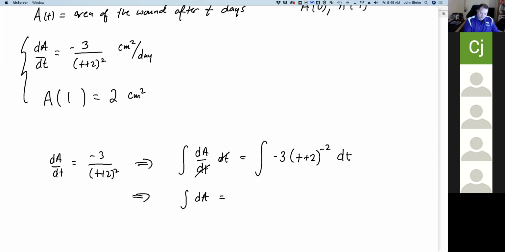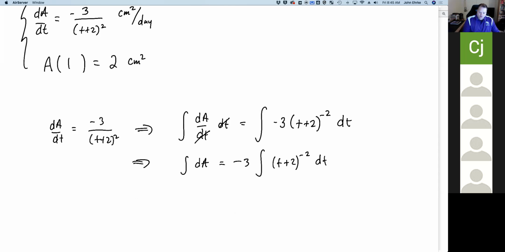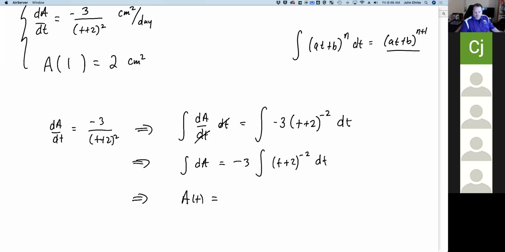And over here, I'll pull out the negative 3, let's say, so that I'm just focused on this power function. Okay, we know that the antiderivative of the differential is just the function. Now, here's where this is maybe a little bit trickier. Antiderivative, this was in the formulas from yesterday. One of the formulas from yesterday was the integral of (at plus b) to the n dt, or probably dx, but here we're doing it with respect to t, is (at plus b) to the n plus 1 divided by n plus 1